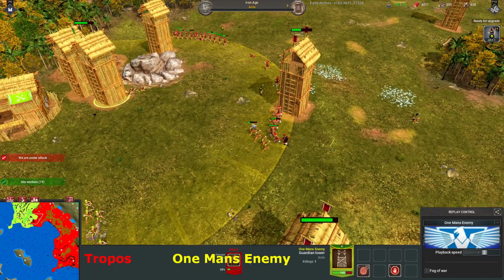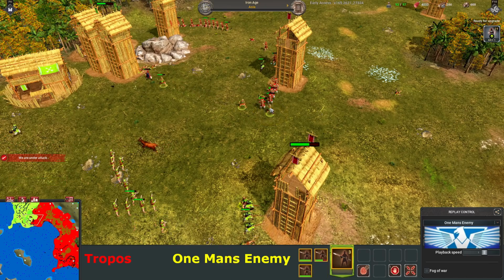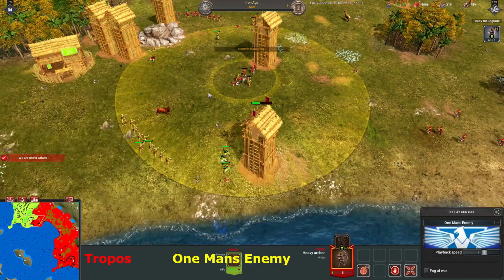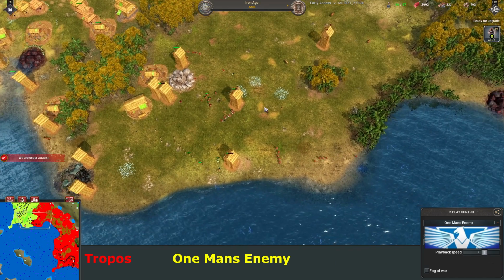You don't see many spearmen in games nowadays, but there's a few, and they do make a difference if they manage to get in. Heavy spearmen from Red coming in. So here's Red's heavy archers. It's curious, this one. It looks like Red's winning, and Red is ahead on tech, but he is...